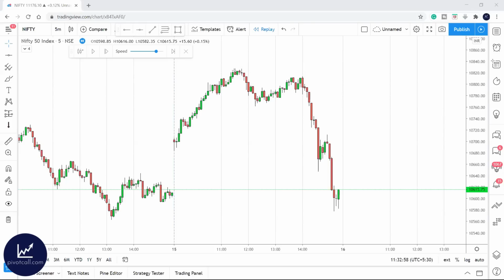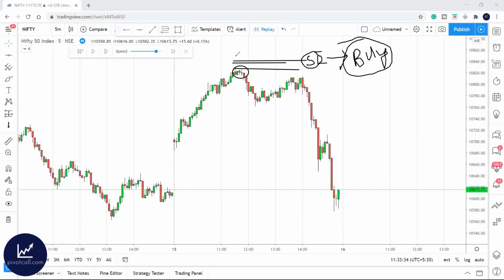Tell me one thing, when you are a short seller, what do you do? You'll keep your stop loss, right? Where do you normally keep your stop loss? Suppose you are shorting here in this region, you are likely to keep the stop loss somewhere here or somewhere here, right? What is a stop loss? A buy order. Why? Because when you are a short seller, you keep the opposite order, that is the buy order, right? That is what a stop loss is.